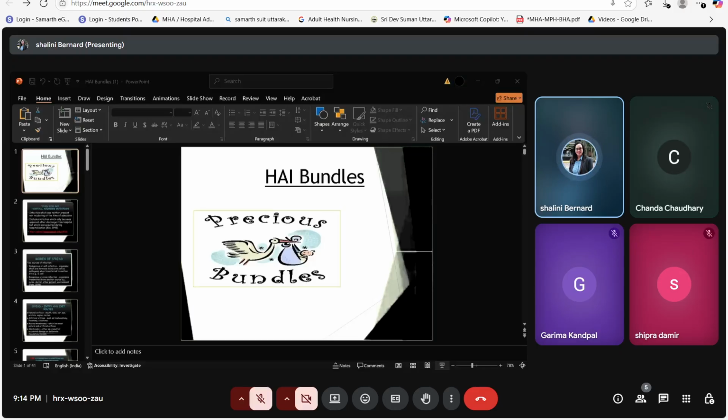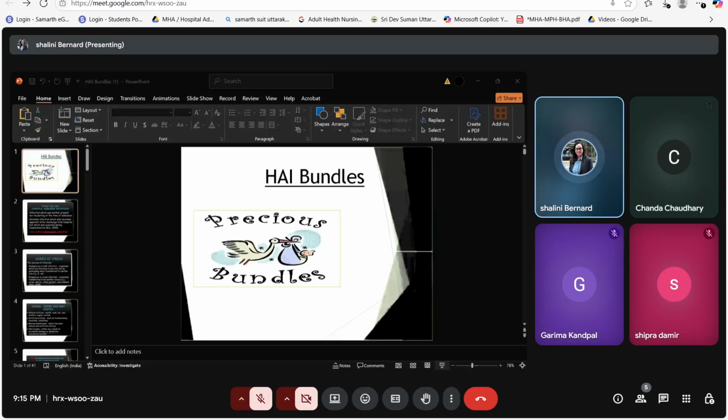So what are the bundles? They measure performance of evidence-based practices versus opportunity. The bundles are patient-centered. Either you use all the bundles, or if you miss any one point, there is no effect. So it is all or nothing. Bundles are monitored to prevent ventilator-associated pneumonia, to prevent CAUTI, catheter-associated urinary tract infection, to prevent catheter-related bloodstream infection, and to prevent surgical site infections.